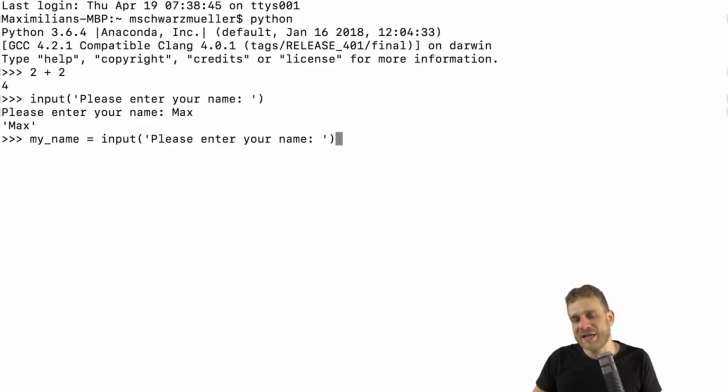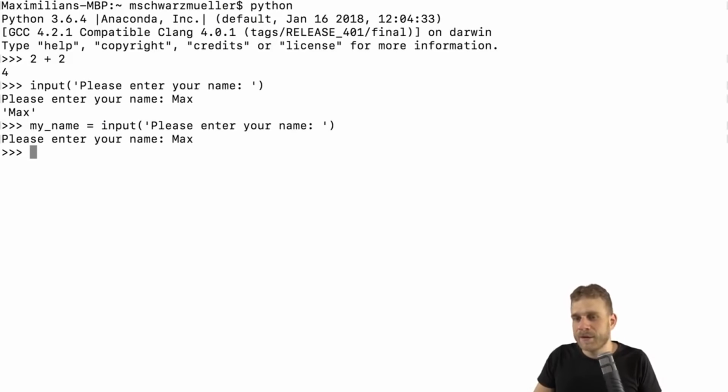What we're doing with that is we're getting the input, and then we're storing it in that variable so that we can use it later. If I now hit enter, I can again enter max, and now you don't see max as an output. Instead, now if I type my name here, so the name of that variable, now we see the output. This allows us to now use that value as often as we want.